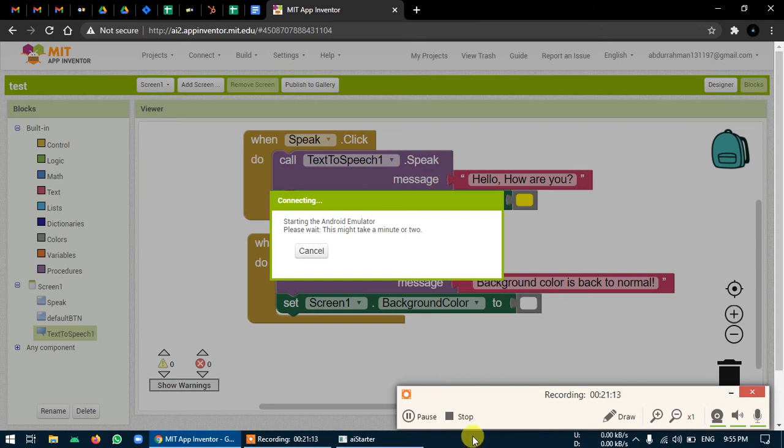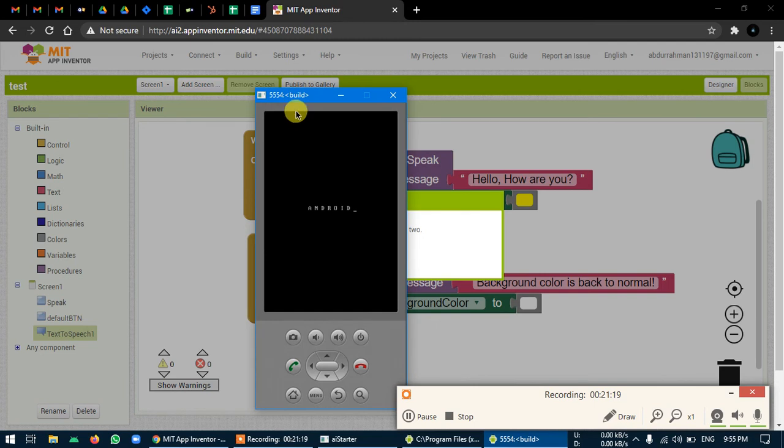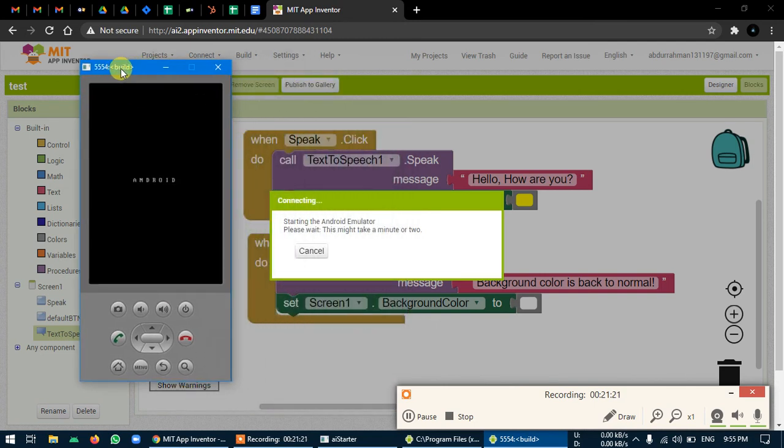The entire process of starting may take 1 or 2 minutes, depending on your system speed. Now we have got an Android emulator to test this app. It will take some time.